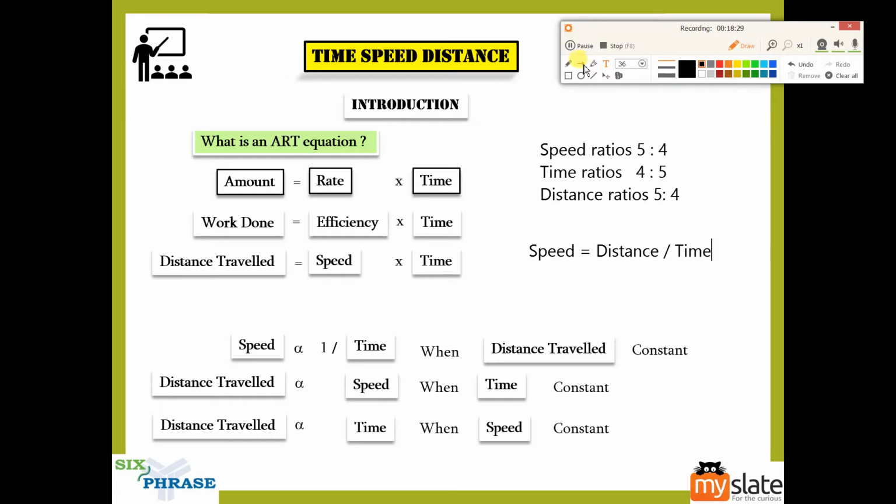The reason is simple. Speed is directly proportionate to distance. Speed is inversely proportionate to time. Now you understand why. It is because of this relationship between speed and time that this formula came about. Because speed and time are inversely proportionate, time will be in the denominator. Because speed and distance are directly proportionate, speed and distance will be in the numerator. So this is the meaning behind the formula. Nobody will tell you this.